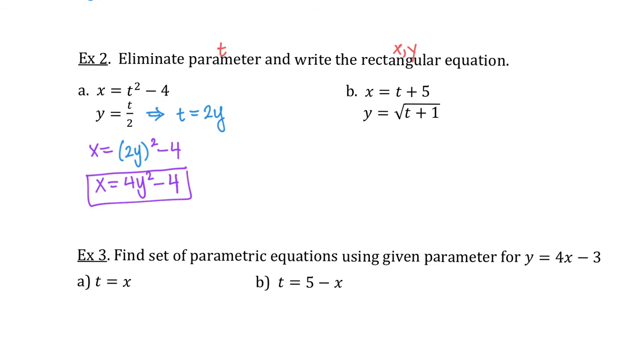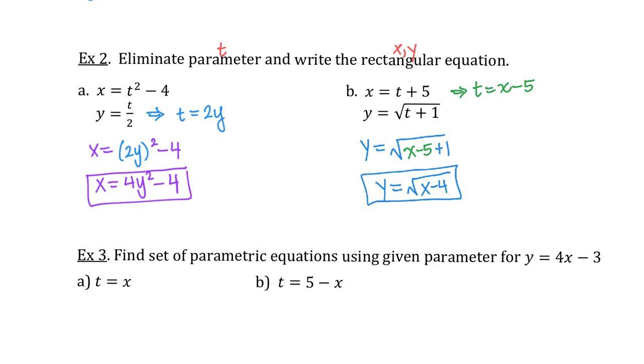Let's see, which equation looks easier to solve for t? I think I'm going to solve for t on the first equation because it looks a little nicer, or easier, I should say. If I want to solve for t, I can minus the 5 and I get t equals x minus 5. I'm going to plug that into the second equation where the t is. Okay, so I got y equals the square root of x minus 4, which does have a domain restriction, which